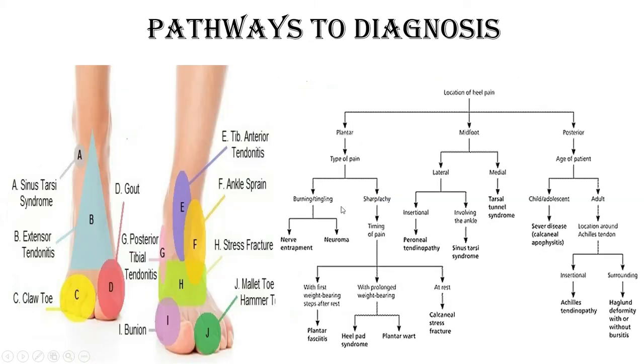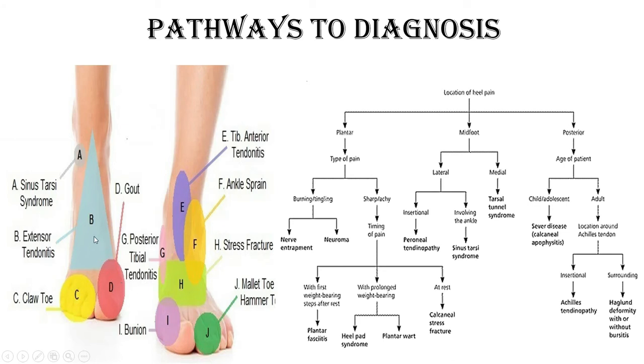Now if you see any tenderness over the anterolateral aspect after an ankle injury, then you will think of anterior talofibular ligament sprain, which is the most common sprain. If there is tenderness over the medial deltoid ligament, you can think of deltoid ligament sprain. Along with that, if there is any tenderness over the tibialis anterior, you can think of tibialis anterior tendonitis. Now if there is any hooking effect or any pain over the tip of the great toe phalanx, it is called hallux malleus or due to claw toe.